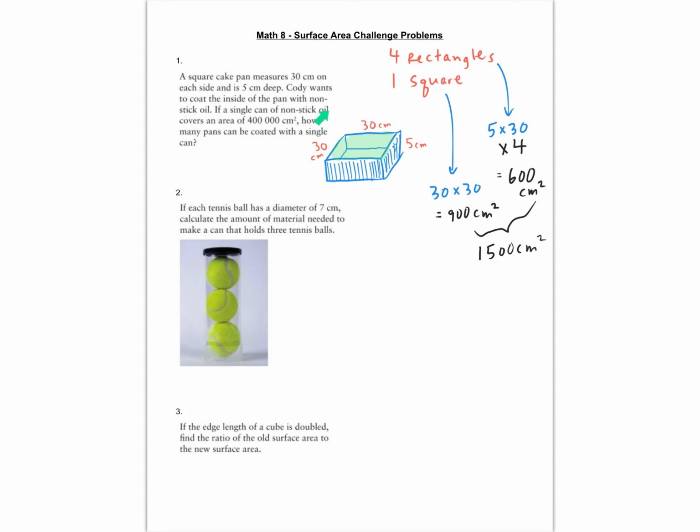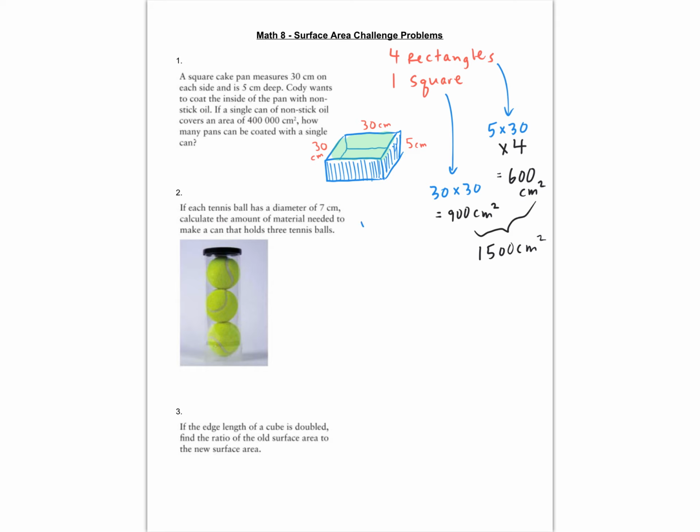It says, if a single can of non-stick oil covers this amount, 400,000 centimeters squared, then how many pans can be coated with 1 single can of this stuff? So if we know it's going to take 1,500 for 1 pan, then how many can fit within this amount of oil? So it's simply this divided by that. So 400,000 divided by 1,500 gives us